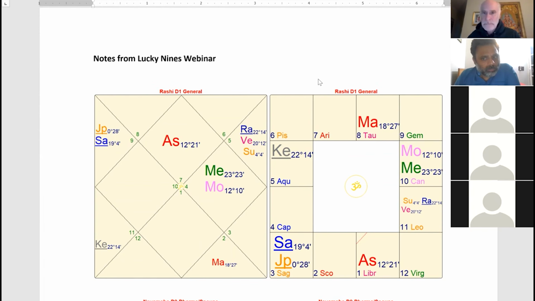And what favorable type of yoga does Venus form here? Dhana yoga. The first Lord in the 11th. It's a good Dhana yoga, right? The first Lord, the Lakshmi Sthana Lord, goes to the 11th house with the 11th Lord, with aspect by Jupiter. Yes, Rahu's there. And even if you use Chandra Lagna, the position of the moon, it's a strong Chandra Lagna, because the moon's in its own sign Cancer, and these planets would be strong benefics in the second house, with the sun now as the second Lord, right?